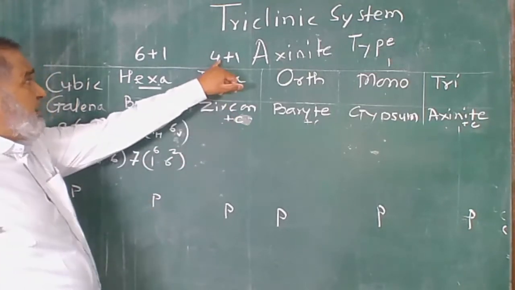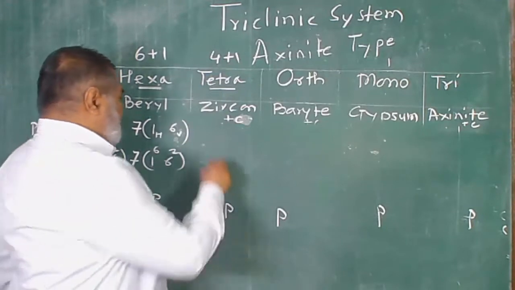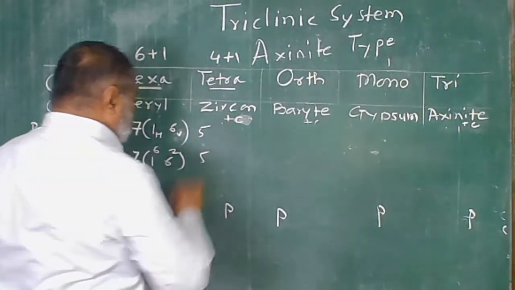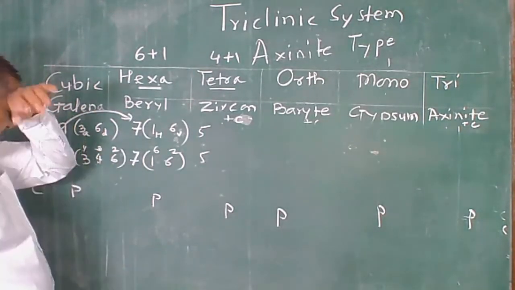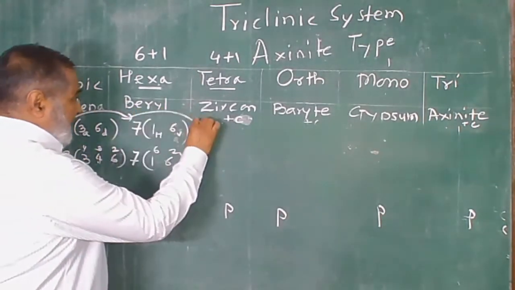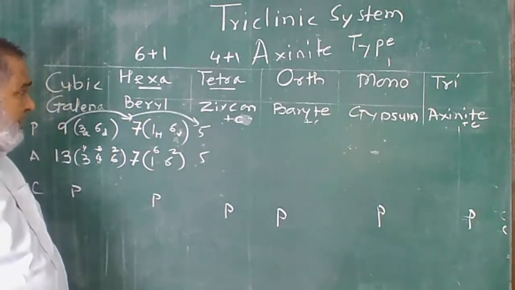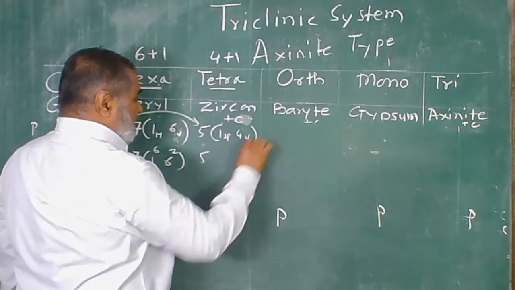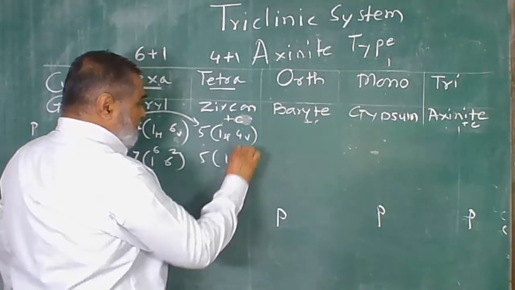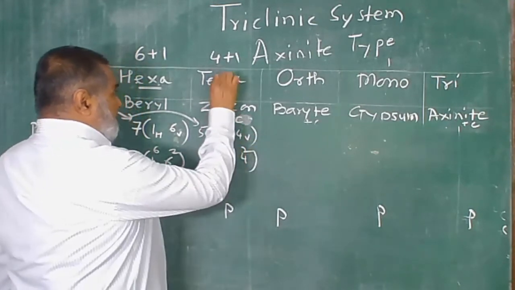Similar, tetra. Tetra means what? 4. 4 plus 1, so here we get 5 and 5. Can you see now? The number 9 is reduced by 2. That is 7. And 7 will go to the number 5, which is reduced again by 2. So number 5, what do we have? 1 horizontal, 4 vertical. As it is, write down 4 of 2 fold and 1 of 4 fold.